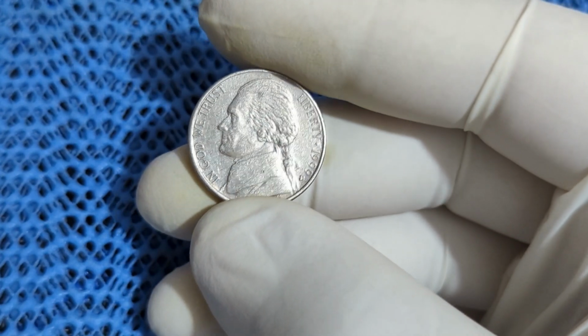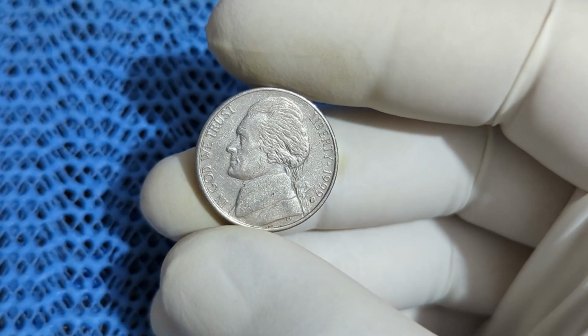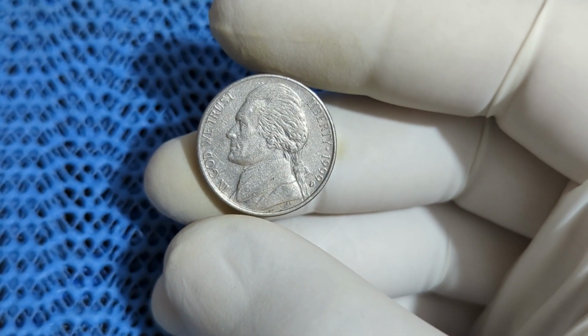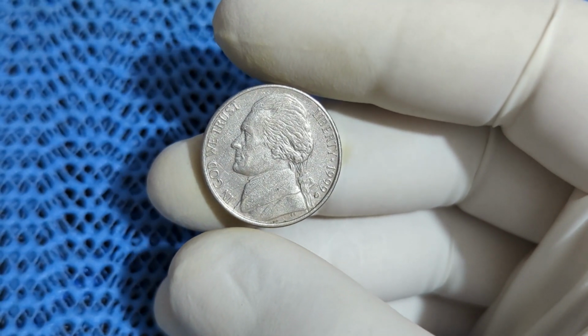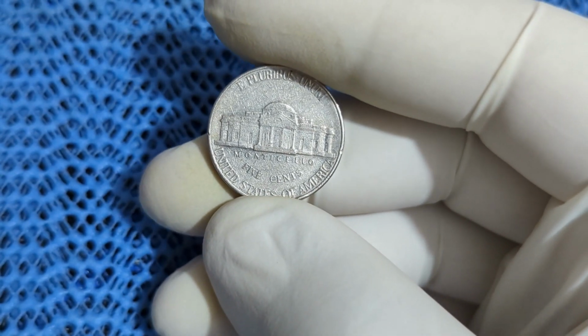Featuring the portrait of Thomas Jefferson on the obverse and his iconic home, Monticello, on the reverse, the nickel series has become a favorite for collectors and everyday users alike. The 1999 D Jefferson nickel, minted in Denver, represents one of the final years before the turn of the millennium and is a coin that many collectors seek for various reasons, from its place in the timeline to its specific